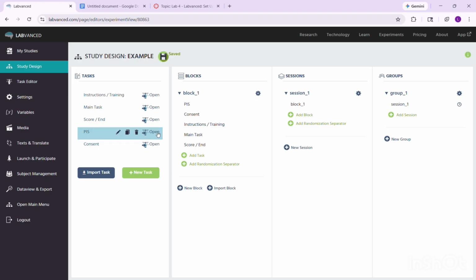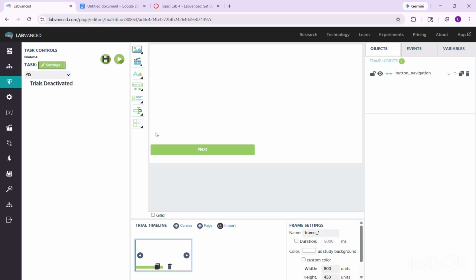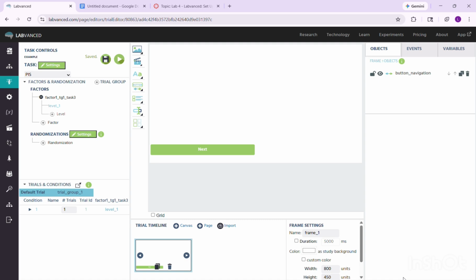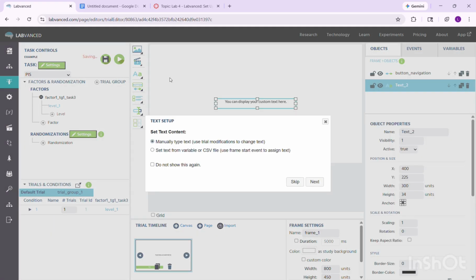After you save it, you want to click open on the PIS form. Then you're gonna go over the settings button. You're gonna click on it and you're gonna check the activate trials. You're gonna click OK and you make sure that it's showing that little tree. Then you want to add the text, so you click the third button, click text. You're gonna skip it,